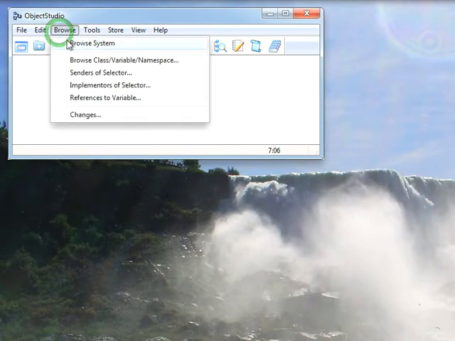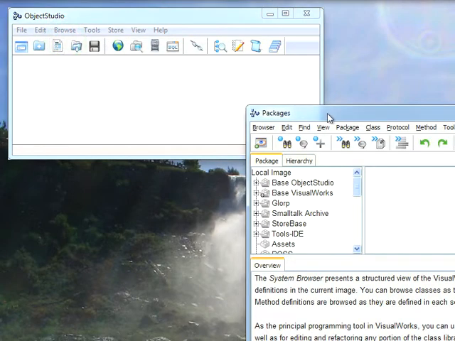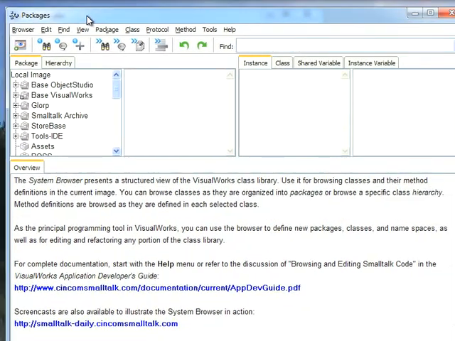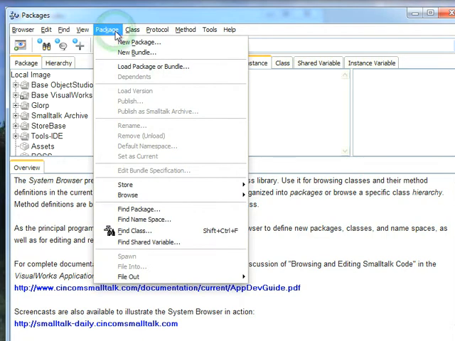And if I go to Browse System, you're going to see that again the icons look more modern. We've upgraded all of those across VisualWorks and ObjectStudio. And this is the standard browser between the two tool sets. What I'm going to do is just show you how some of the basic tools work in the context of